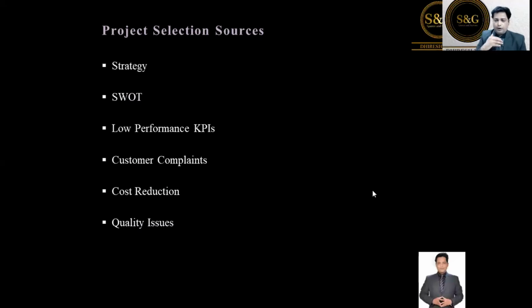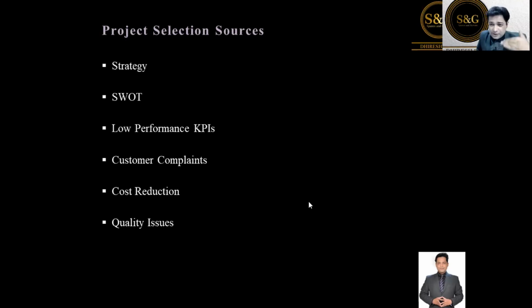You can find projects from quality issues. Internal quality issues are things like internal failures, scrap, and quality control defects that are found. So that is a potential area. External quality issues are where the product goes to the customer, and there you find the challenges at the customer end. These are customer complaints and quality issues, which are sometimes sales returns and things like that. It erodes the brand image of the company. So these are issues which are a big source of project selection. Okay, so these are the main 7 areas where we can find internal projects and external projects.